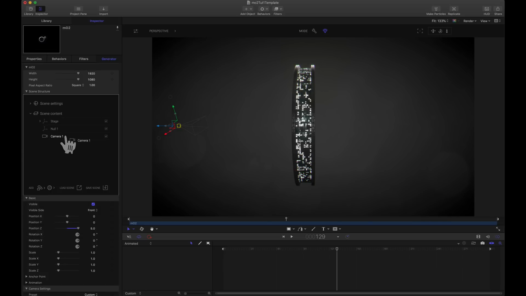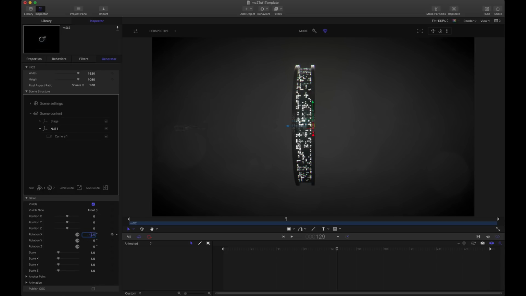Now what I do is I throw this camera into a null, and I use the null for the rotation most of the time, and I use the camera for the position most of the time. So I have my camera selected, I can still position the camera however I want, but for null, notice this now. If I rotate along the X, notice what the camera's doing. It's not rotating about this point, it's rotating about the null, since the camera's sitting inside the null,